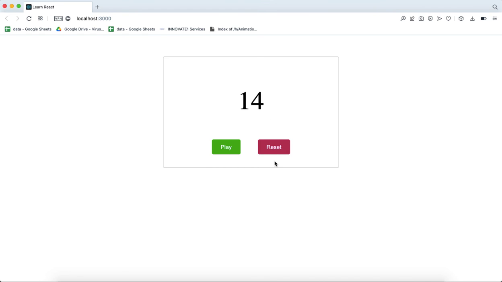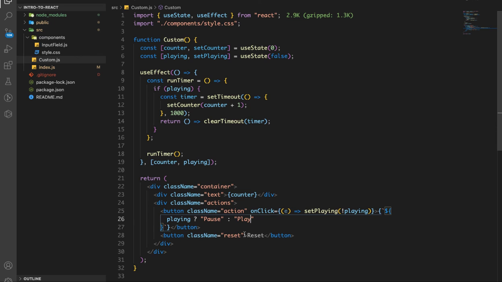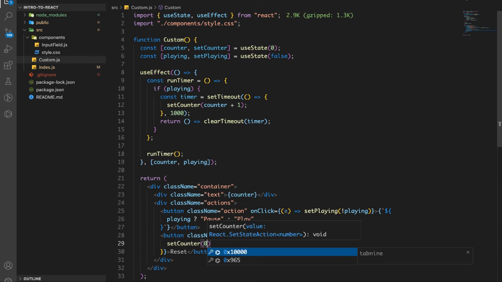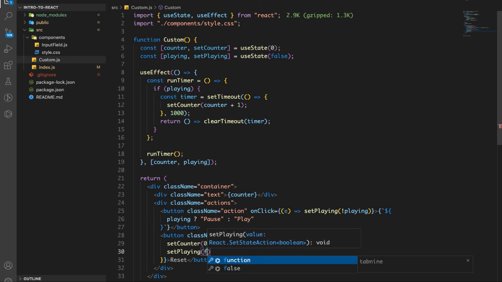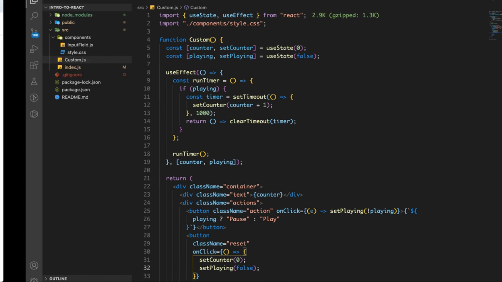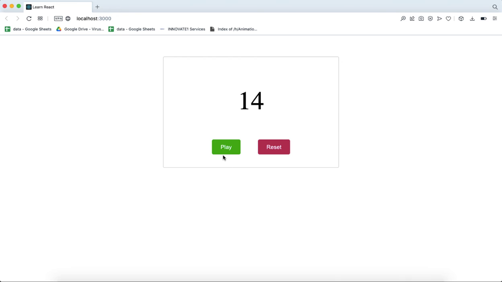So now let's work on the case of reset. Let's reset our timer. The way we can do it is on click, and what we need to do is perform two things. First of all, we need to pause. We need to stop the timer, and then we need to set the value of counter to 0. So let's do that. Let's set counter equal to 0 and set playing. Now this time we don't need to set it to the opposite. We want to set it to false directly. So once we do this, our timer is paused. So let's play, and it's working. Let's reset our timer, and